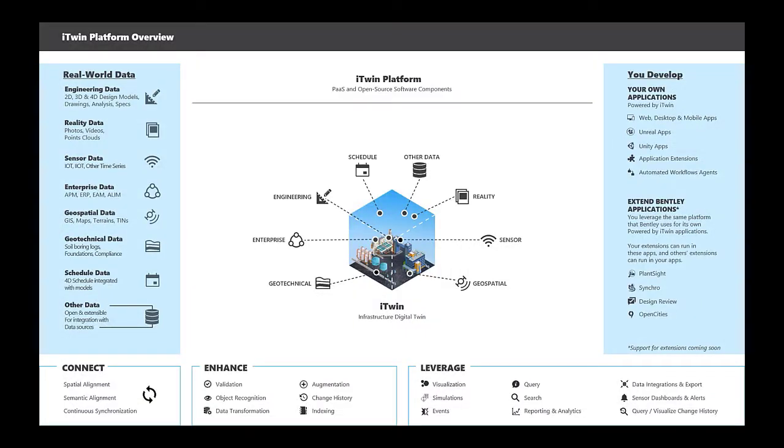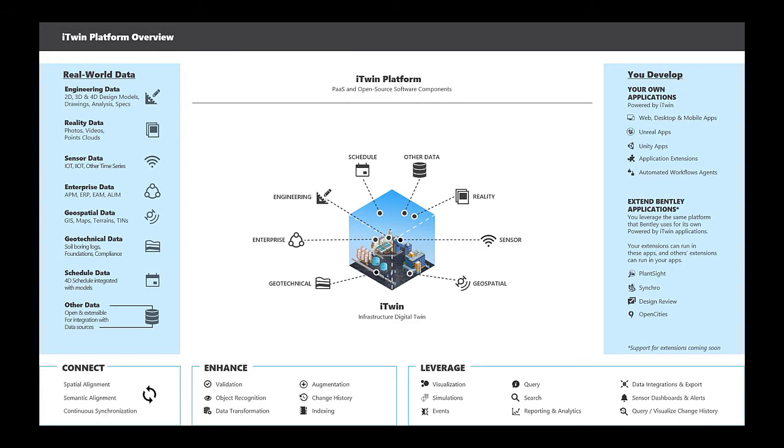Let's have a quick overview of the iTwin Platform. iTwin Platform consists of open source software components and platform services that allow you to create and maintain digital twins for infrastructure projects. iTwin Platform connects to various data sources ranging from engineering authoring tools to IoT sensor data. You can further enhance the data using various PaaS solutions on the platform. The aggregated and enhanced data then unlocks downstream use cases such as design performance reports, carbon footprint calculations, safety statistics,